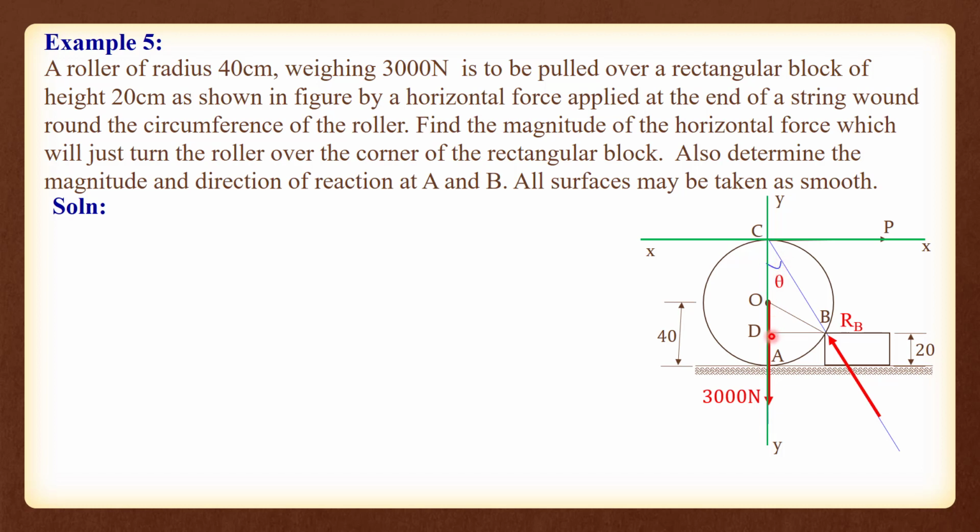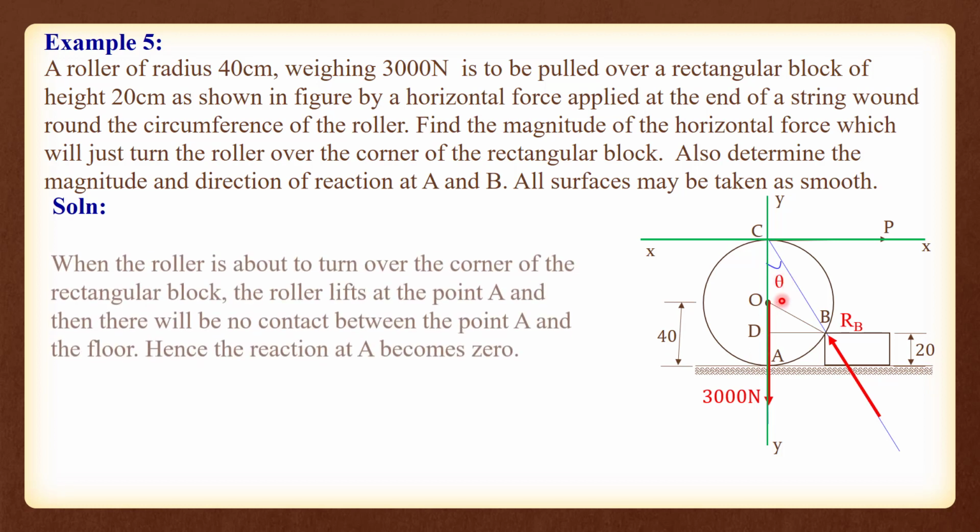Now, in order to find out the length BD, we will consider another triangle OBD like this. So here OB denotes the radius of the circle. OD is known, that is 20 centimeter. Radius is also known, 40 centimeter. So from the right angle triangle, we can find out BD. That is, BD square will be equal to OB square minus OD square. So from that, we can find out the distance BD. Now, how will you find out theta? You can take tan theta. Tan theta will be equal to BD divided by CD, right? So BD is known, CD is also known. From that, you can find out the angle theta.